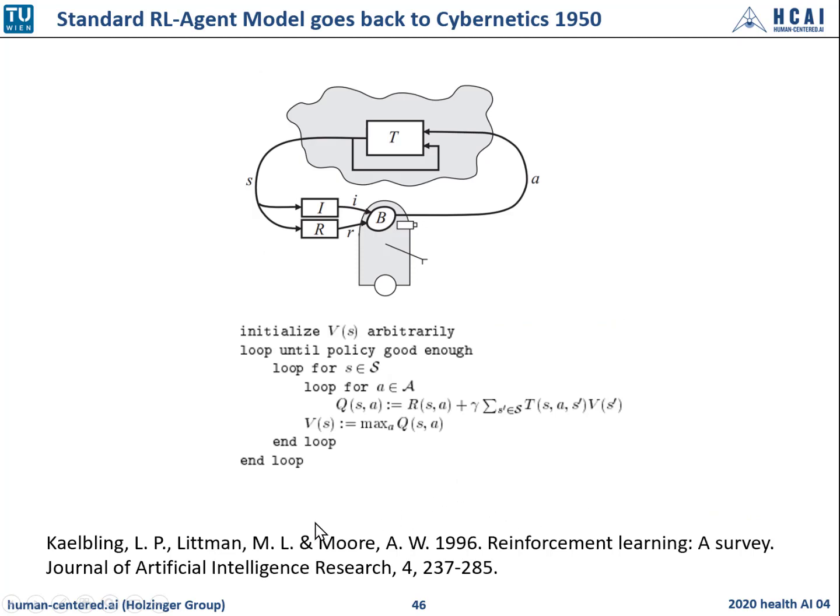This is the famous paper by the Littman group. And these are still the reinforcement learning gurus, and they go back to cybernetics, and they studied models of optimal behavior of learning automata, as it was called at this time. And interestingly, all these ideas came from human psychology. For example, Hilgard and Bower in 1975. And this algorithm here goes back to Bellman in Princeton on dynamic programming, and we will see this again in our probabilistic programming approach later on. So this is very, very interesting.